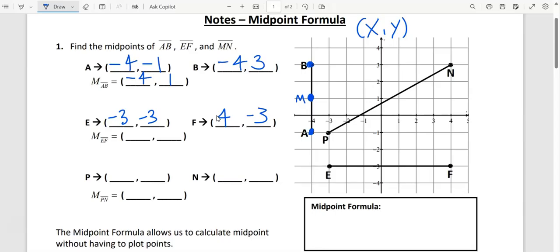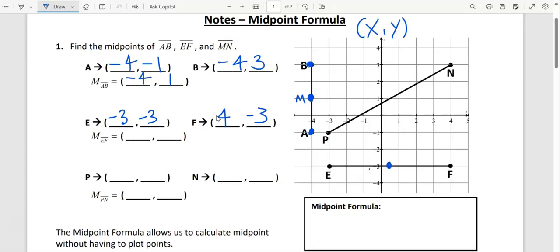Now, careful here. Where's the middle of EF? Let's count how long it is. 1, 2, 3, 4, 5, 6, 7 units. What's half of 7? 7 divided by 2? It's not a whole number. It is 3.5. So what you're going to do is go over 1, 2,